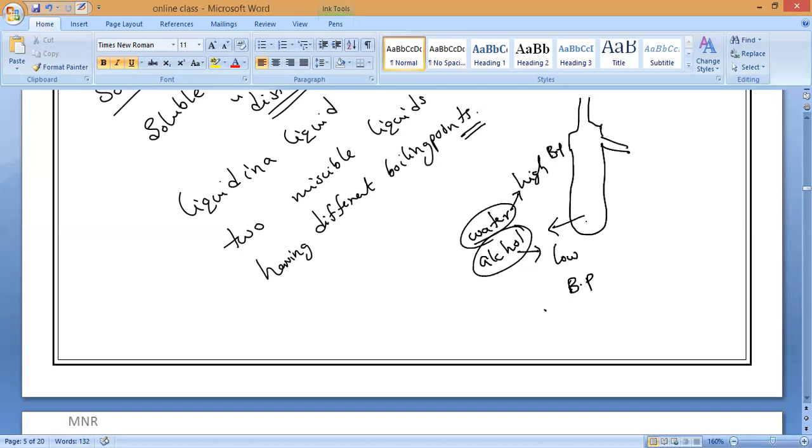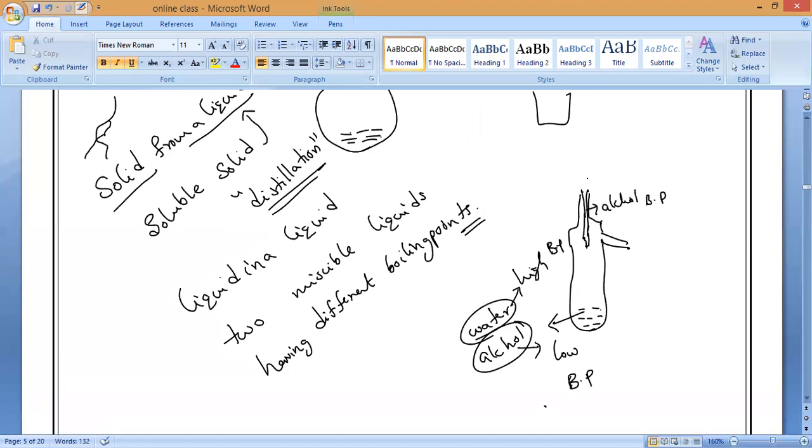So water will remain here only, so I can arrange the temperature here. I will heat it till a maximum of what temperature? I can heat it to the maximum of the alcohol boiling point only. Do you understand, everybody? I can monitor the temperature by using what? Thermometer. By using a thermometer, I can monitor the temperature. Maximum at what temperature can I use?